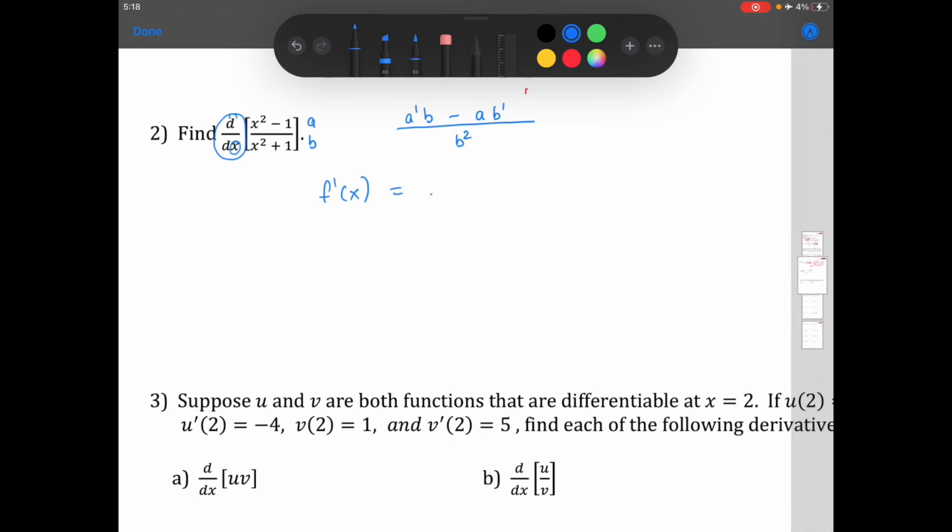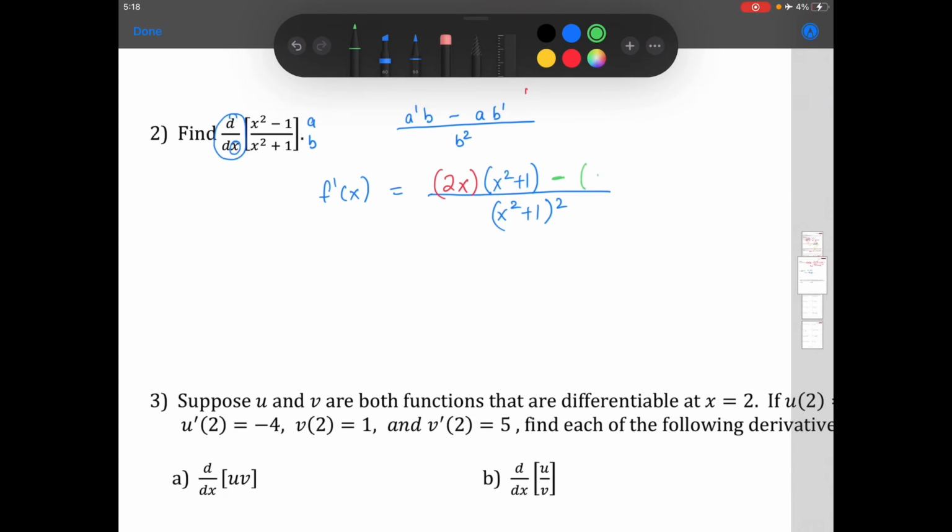Okay, so I'm going to set up my fraction. I'm going to take my denominator and square it. So that's my first part. Now I'm going to do this in two different colors. I'm going to take the derivative of my numerator. So I'm going to do it one term at a time. Derivative of x squared is 2x. Derivative of a constant is 0. So it's just 2x times my denominator, so it's x squared plus 1